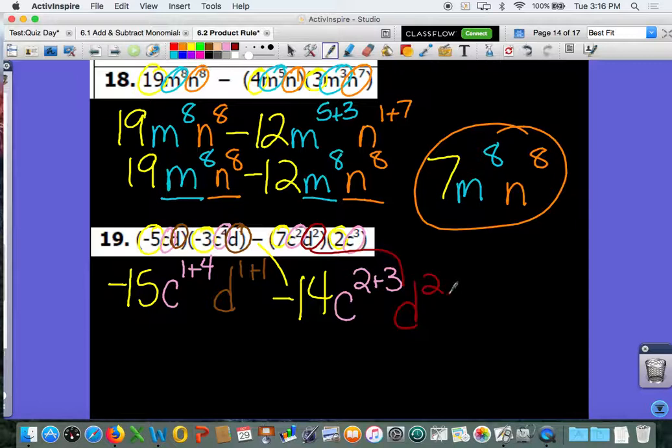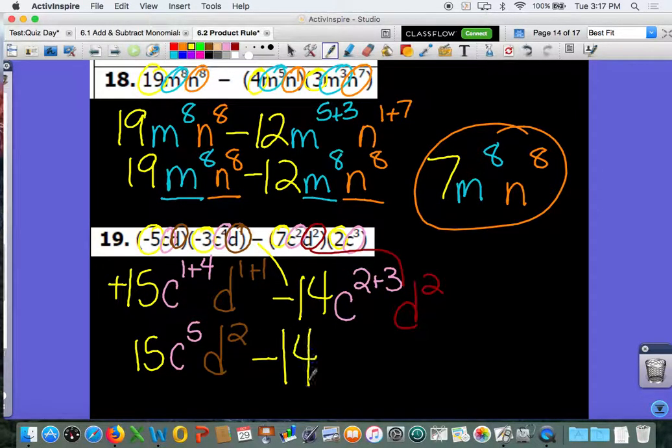That's perfectly fine. Alrighty, so now I've got, I made a mistake earlier. I said -5 times -3 was positive 15, but I forgot to write the positive. My mistake, guys. Please remember to pay attention to those kind of things. Those kind of simple mistakes can mess you up on a test. So, 15, C to the 5th, D squared, minus 14, C to the 5th,